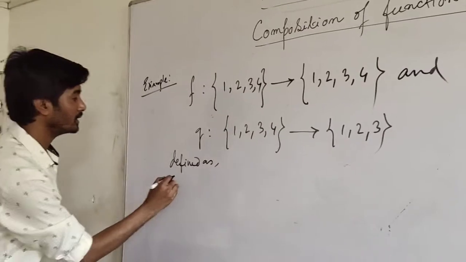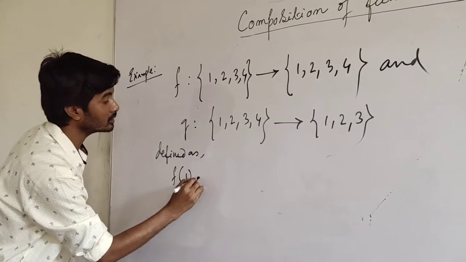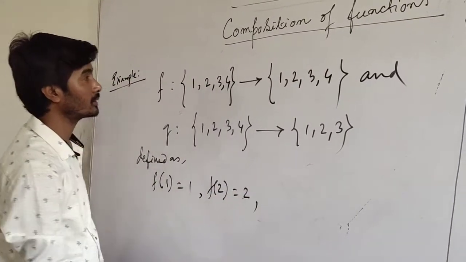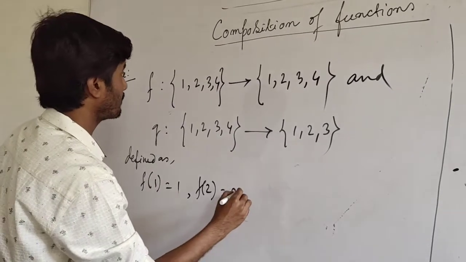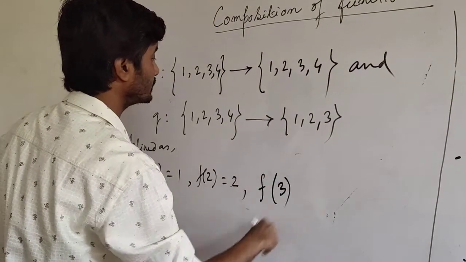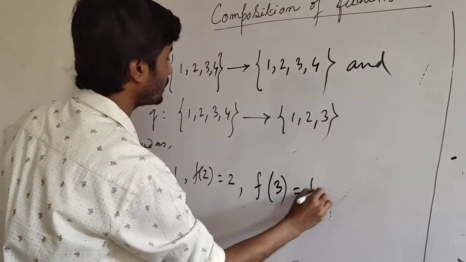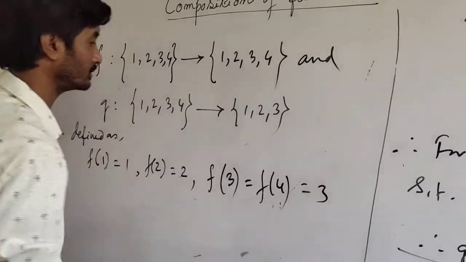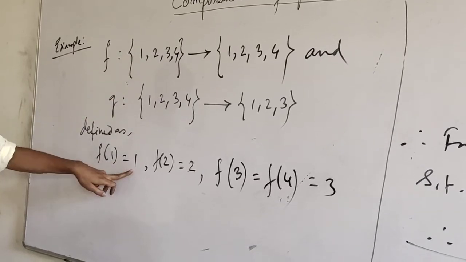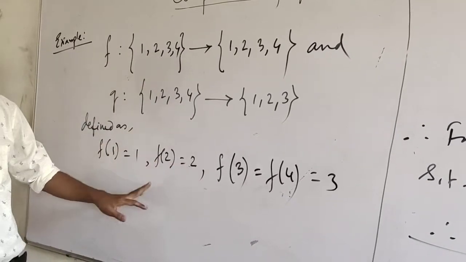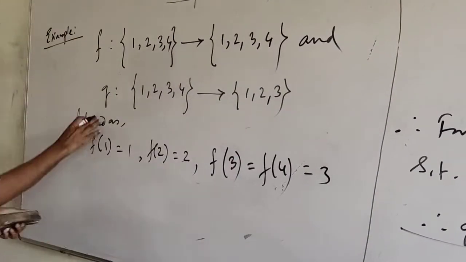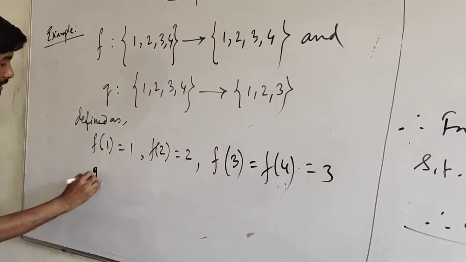How can we define F? For F1 equal to, we take 1. F2 equal to, we take 2. F3 equal to 3, F4 equal to 3, which means F is not onto. Here you see 1 has image 1 under F, 2 has image 2 under F, and these two elements 3 and 4 have the same image, which is 3. So this is how we take F, and for Z we take